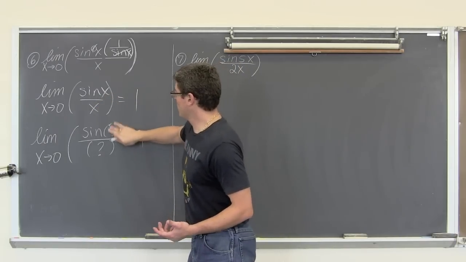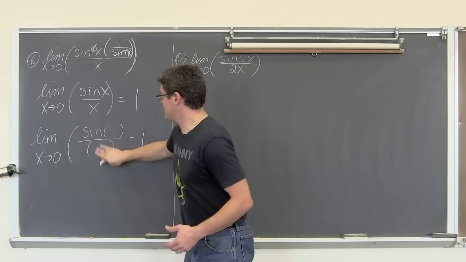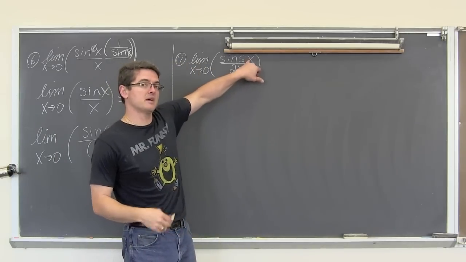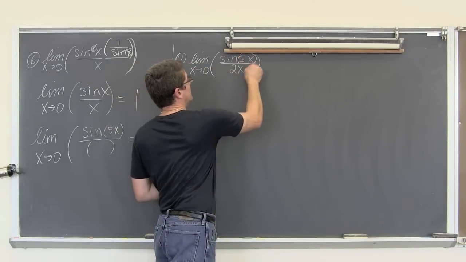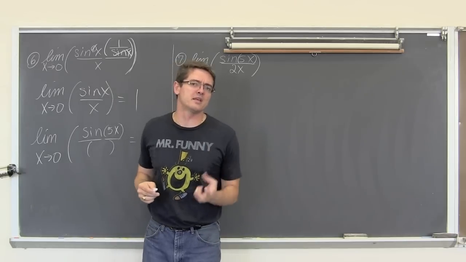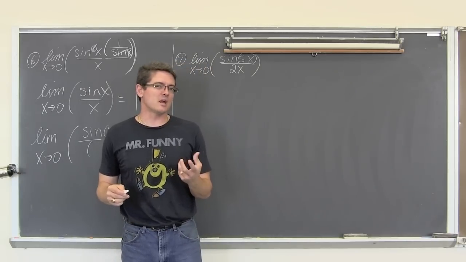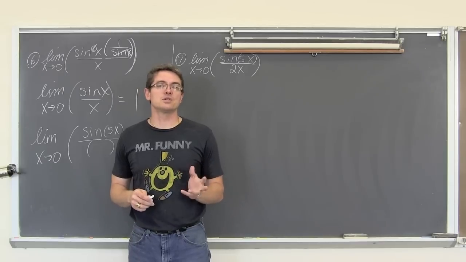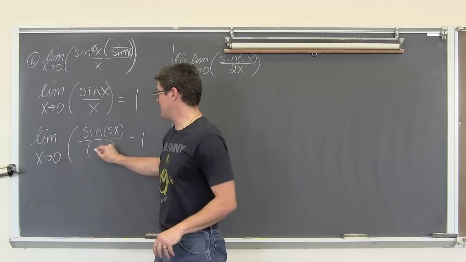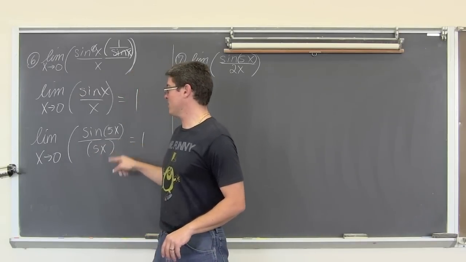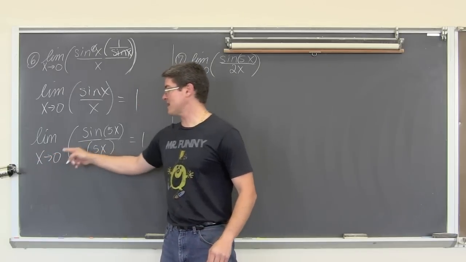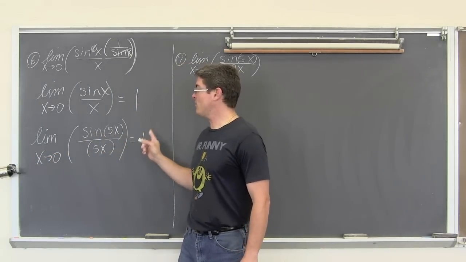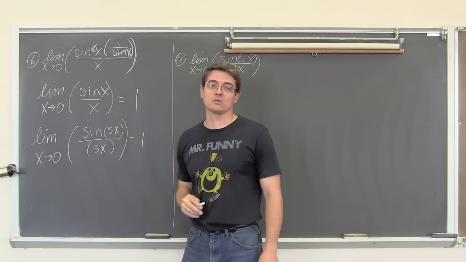So what we're going to get here in a minute is I can't change this 5x because it's the sine of 5x. That 5x is within the sine function. So I can't really change it. But what I can have more flexibility over is with the 2. And if I can get the limit as x approaches 0 of the sine of 5x over 5x, then that will equal 1 just like this is equal to 1.